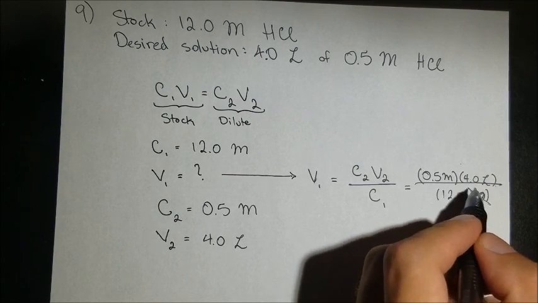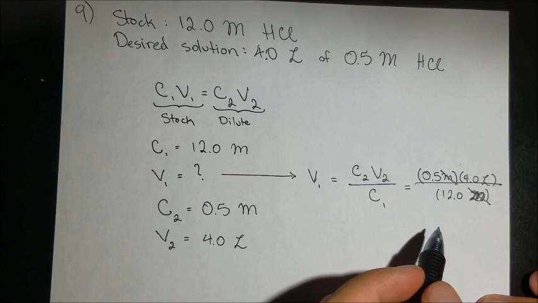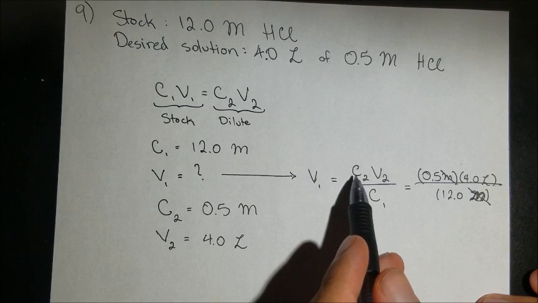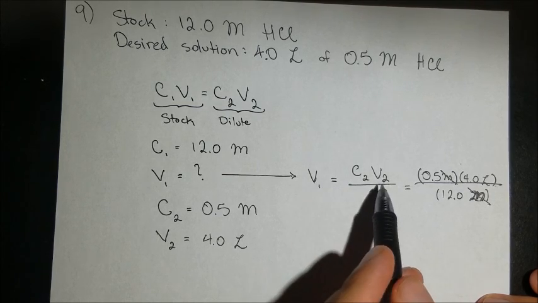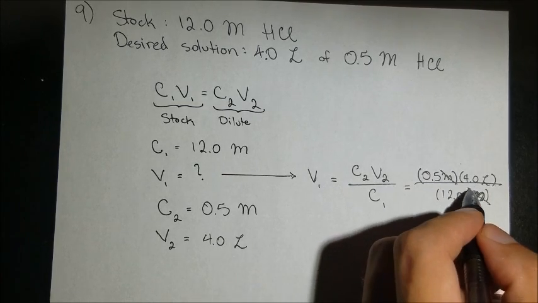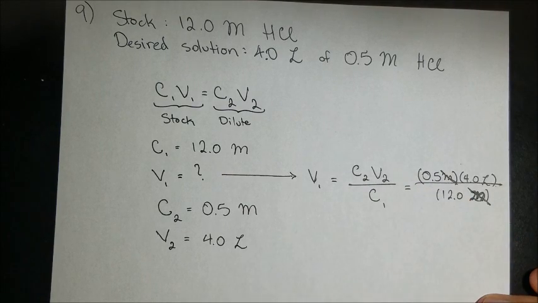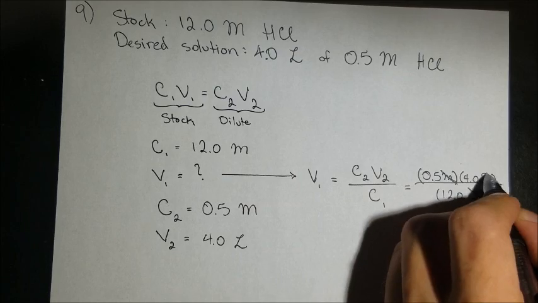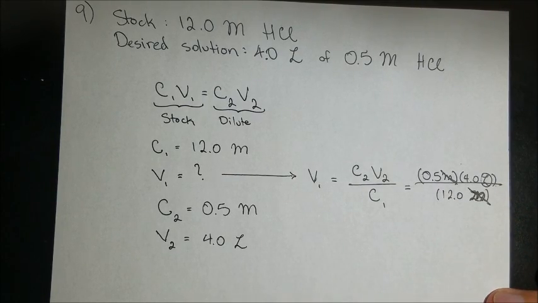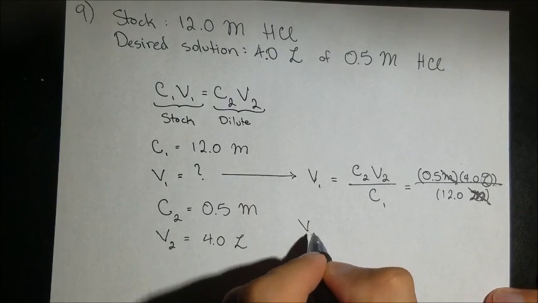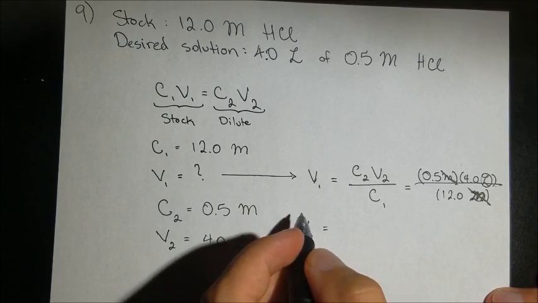So we have molars cancel. Remember how I mentioned that we just want to make sure that the units for the concentrations and the volumes are the same? This is why. When you do something like this, you want to make sure your units cancel. So the molars cancel, and we're left in liters for our volume. So V1 then becomes, if I do this out on my calculator,